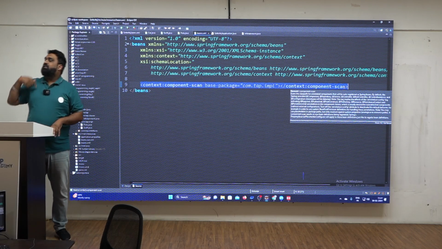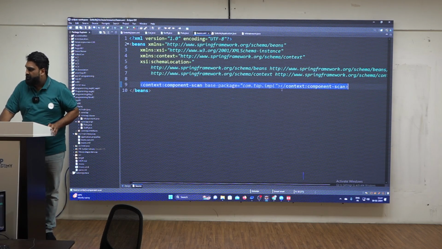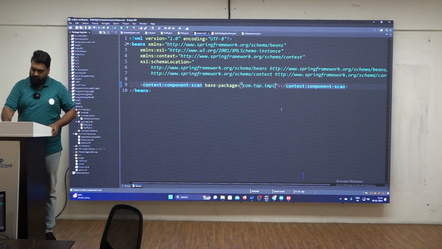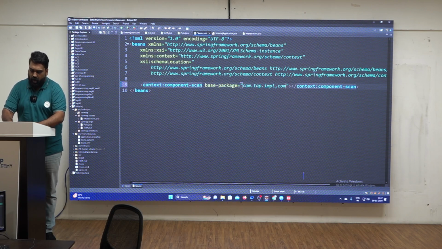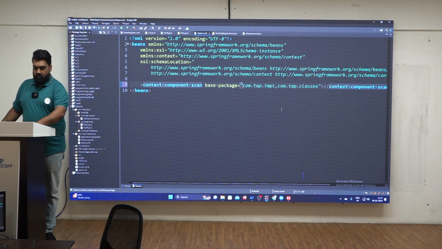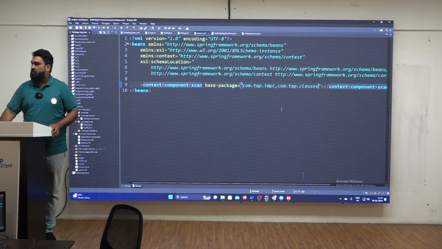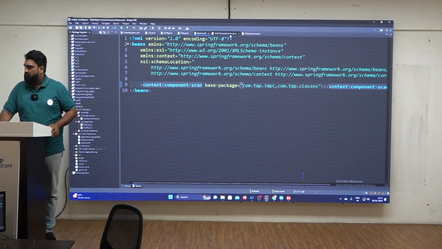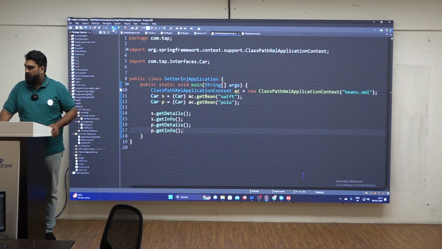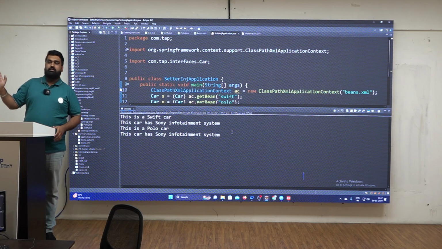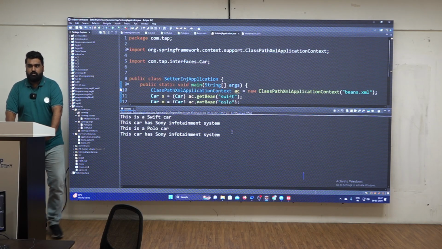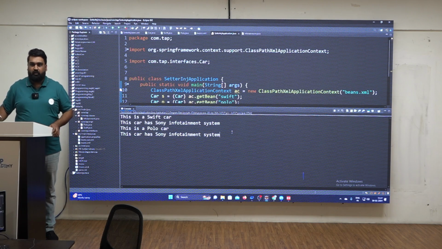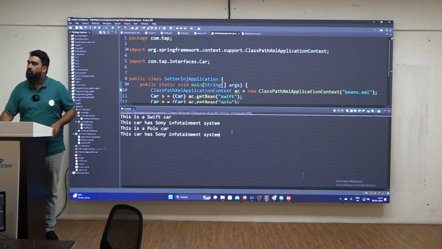Right? So now what I have to do is say, see my base package, one is com.tab.implementation, another one is com.tab.classes. I hope you are able to understand this. So let me try executing it like this now. In case I now try to execute it, you can see you have got the infotainment object. Right? So this was one example that I wanted to take to help you understand that